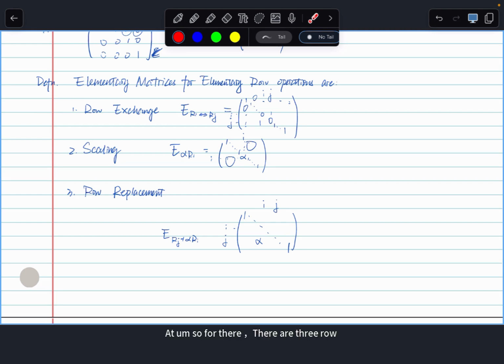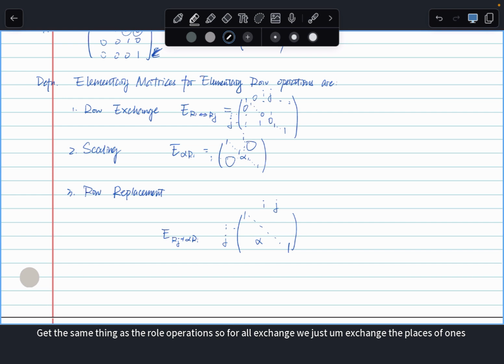So last time we were at, there were three row operations, and all three of them can be represented by elementary matrices. After conducting matrix multiplication, we will get the same thing as the row operations. So for row exchange, we just exchange the places of ones